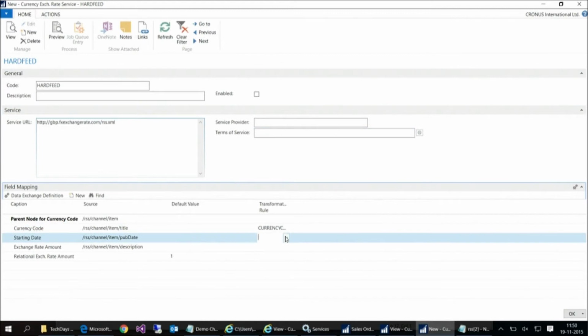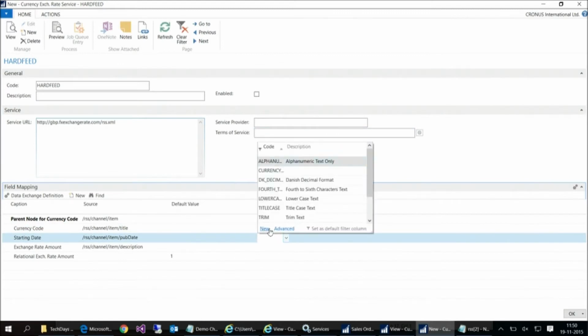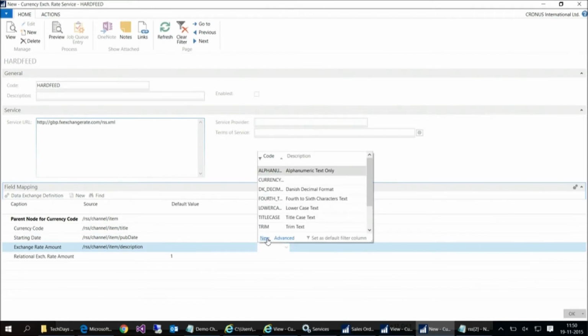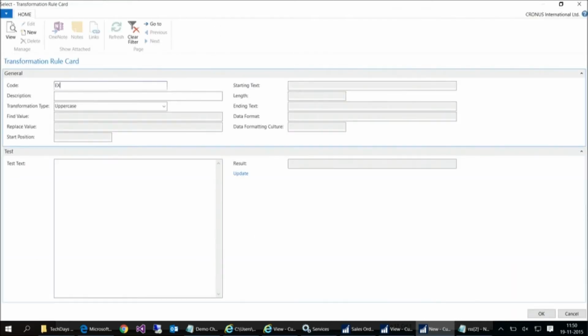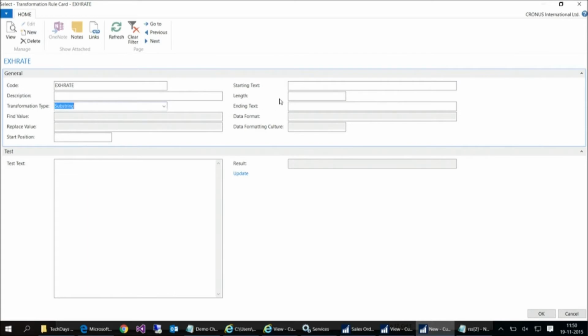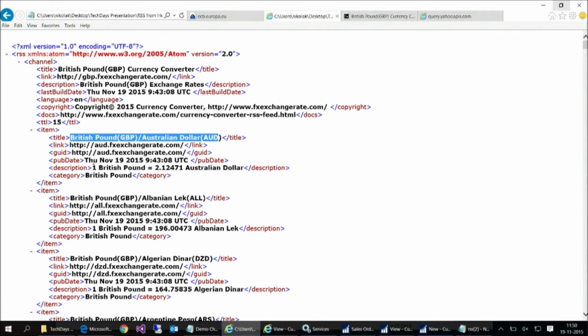So, starting date, I'm going to demo this one before the starting date. So let's see how we can parse the exchange rate amount. For the exchange rate, we can use the substring. We have extended the substring, so in case you do not like regular expressions, some things can be parsed